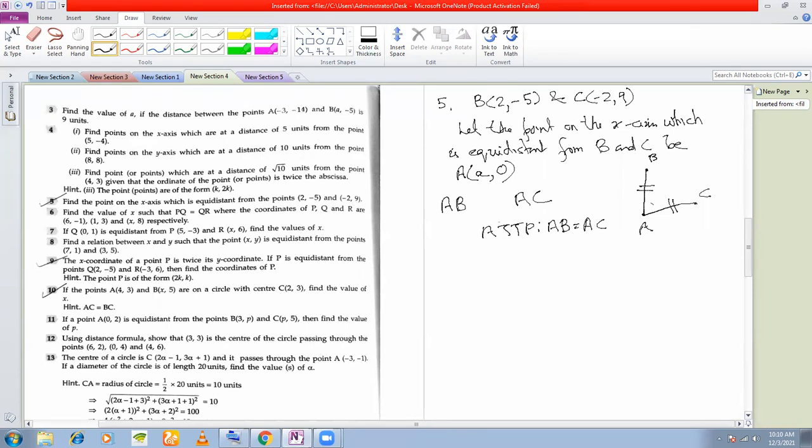Okay, number 7. Number 7 is also a very straightforward problem on the same. Oh, number 7 I had finished, I think. Okay, this was the hint for question number 5. For question number 6, I have finished. And question number 7: if Q is equidistant from P and R, what does this mean? PQ must be equal to QR, right? So all the coordinates are given, find the distances and you will be able to do it. Okay. So that finishes number 7 also.